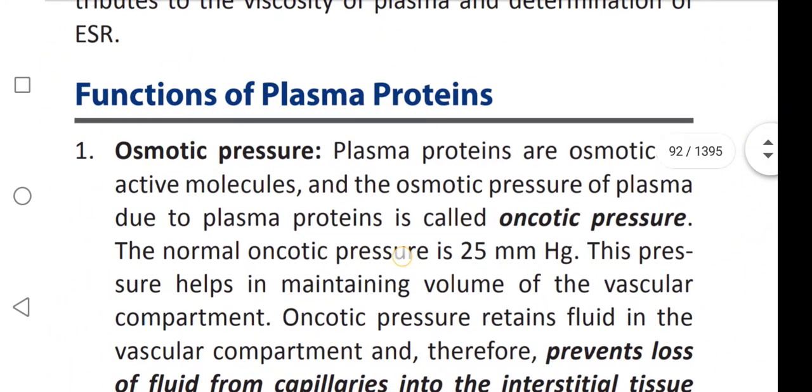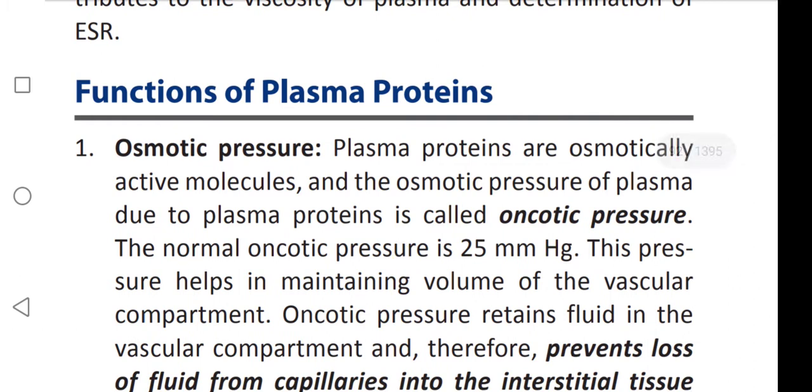First, functions of plasma proteins. Osmotic pressure. Plasma proteins are osmotically active molecules, and the osmotic pressure of plasma due to plasma proteins is called oncotic pressure. Note this point, guys. Osmotic pressure of plasma due to plasma proteins is called oncotic pressure. The normal oncotic pressure is 25